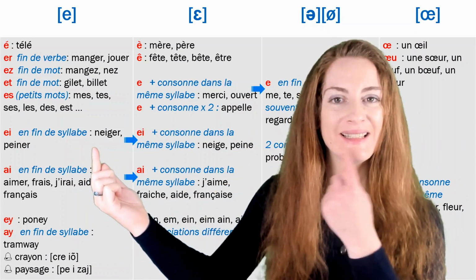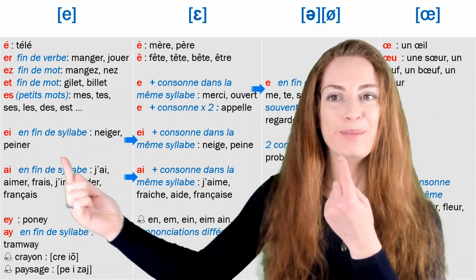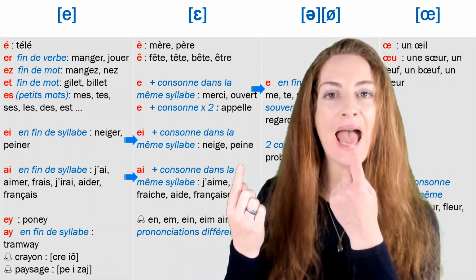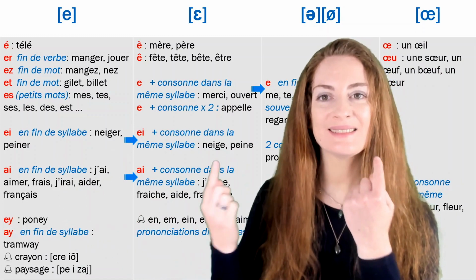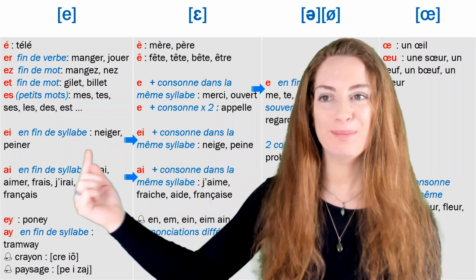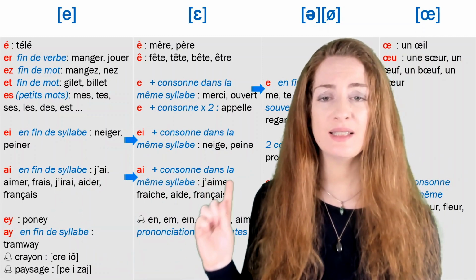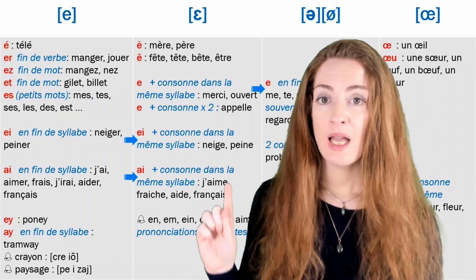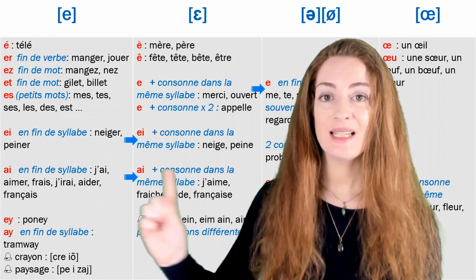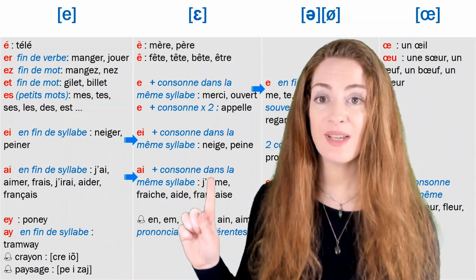Neige, neiger, peiner. Same for AI, exactly the same. So you have j'aime, aimer. You have also fraîche,